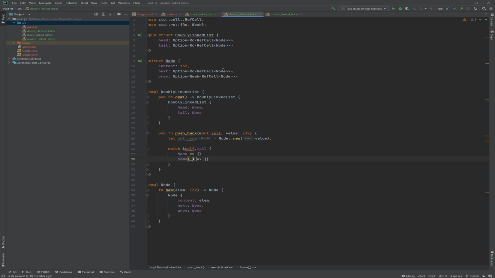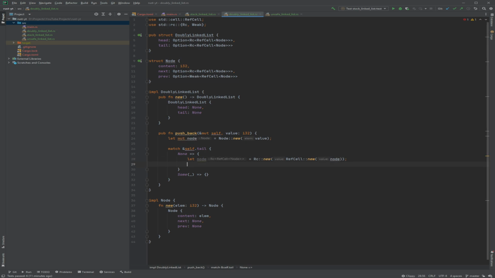If there's no tail, then we want to create a tail and a head. So then we get the node back, and obviously now we have to put it inside a smart pointer. That way we can assign the head. And now we can't just do node, because that moves ownership.